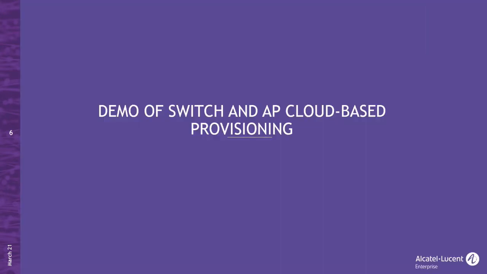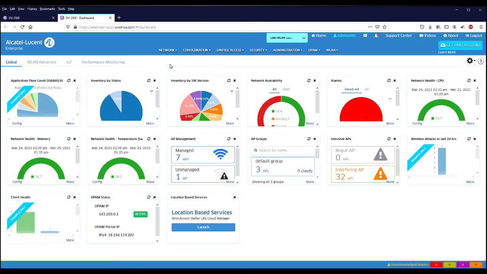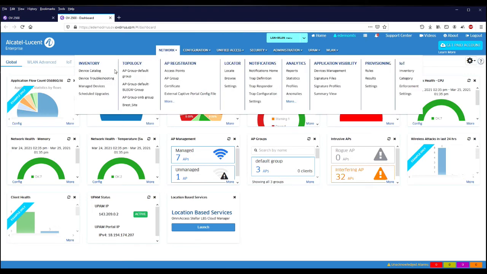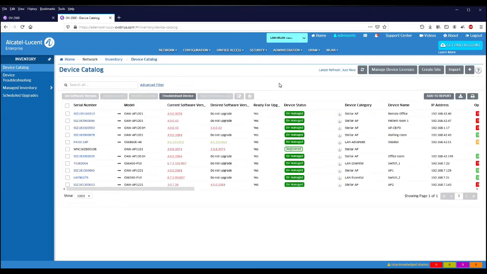And now let's move on to the demo of a switch and AP cloud-based provisioning. Here we are on the OV Cirrus homepage. So let's go to the device catalog page where we will see the managed equipment. This is where we will see new devices. The first step is to scan a switch and access point